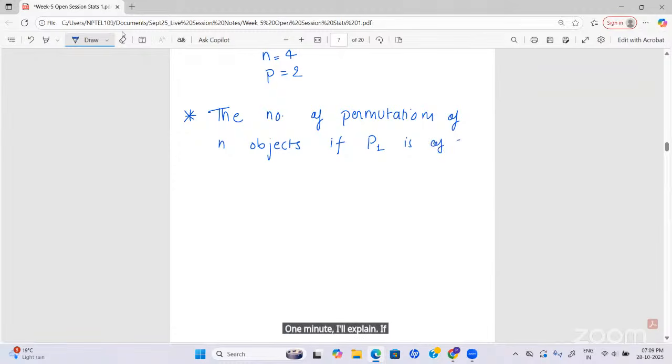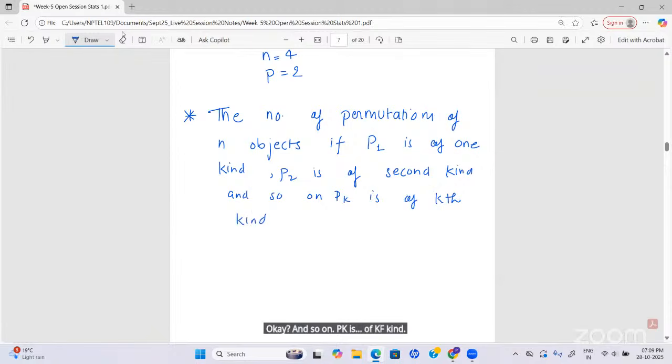If P1 is of one kind, and P2 is of second kind, and so on, Pk is of kth kind. Okay, so this is given by,